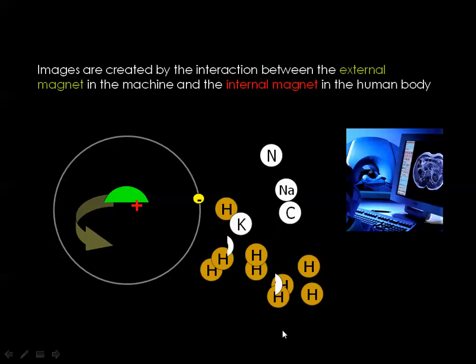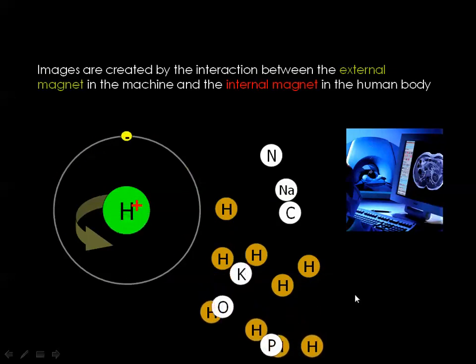Then how will the MRI produce the image? You know that this is a very simple physical principle: the image will result from interaction between the magnet in the machine and the magnet inside the human body. Then where is the magnet inside the human body? You know that any charged particle that moves will create a small magnetic field around it. Then if you look at the atom of any